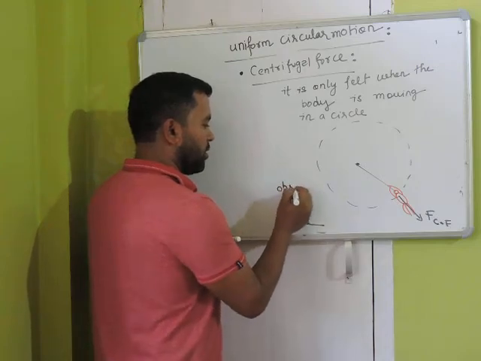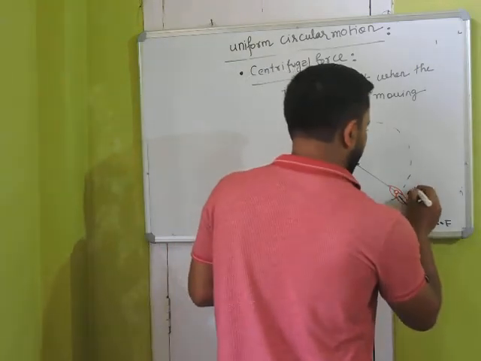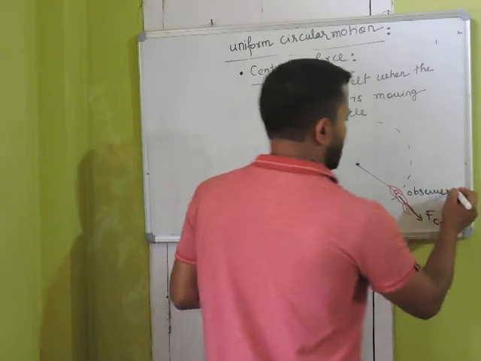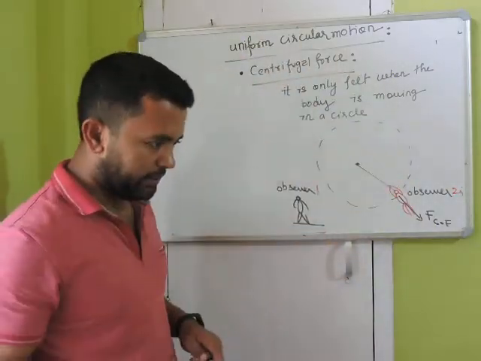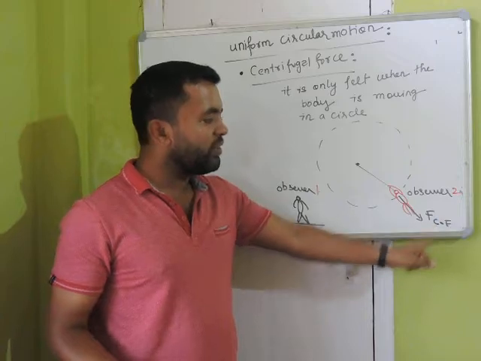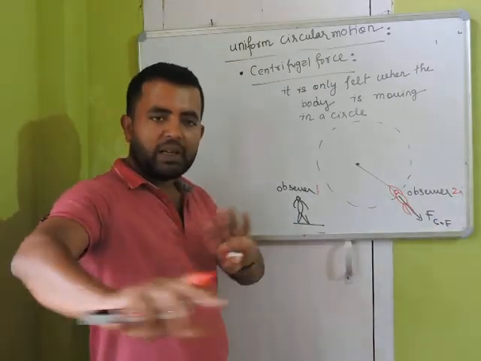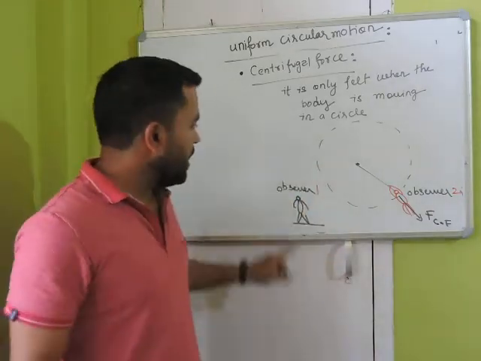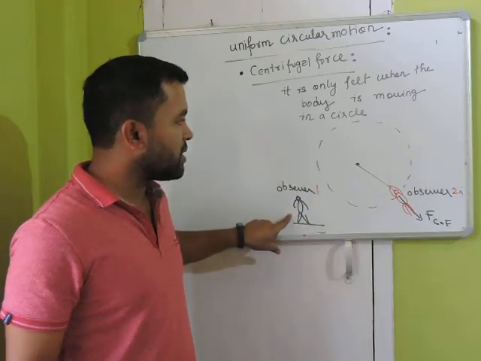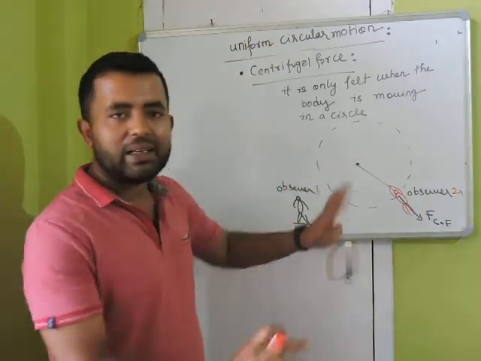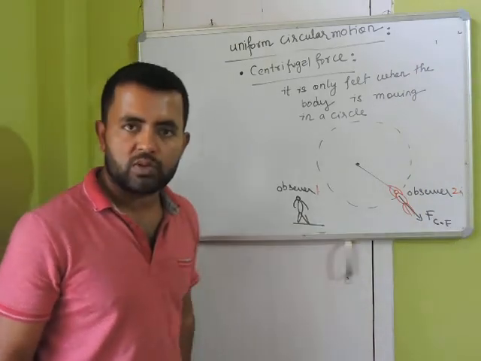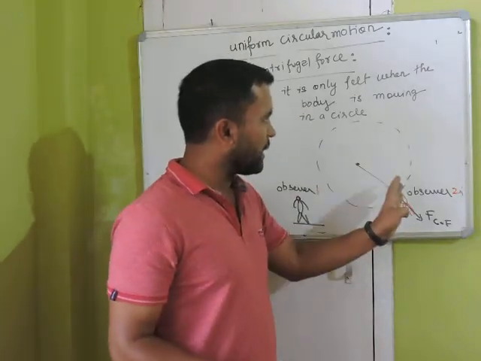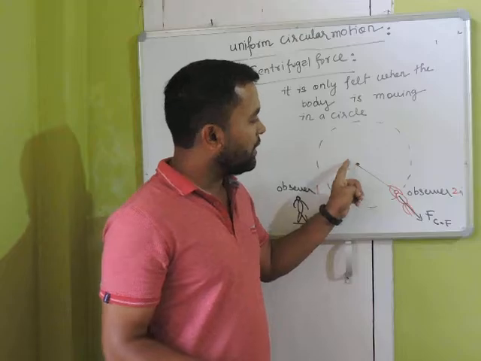So what is important, if there is one observer and there is one more observer, observer 1 and observer 2. Observer 2 is flying in a circle. So observer 2 will feel the centrifugal force, which will be away from the center, and for that reason he has to hold the string very tight. Observer 1, if he is a scientist, if he explains this thing, then he doesn't have to introduce centrifugal force. Okay, don't make it complicated. It's just a force felt by the body going in a circle, and it is outside.